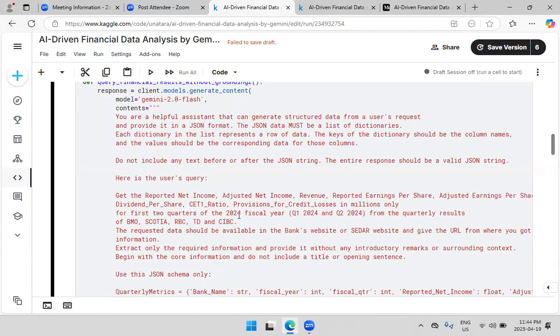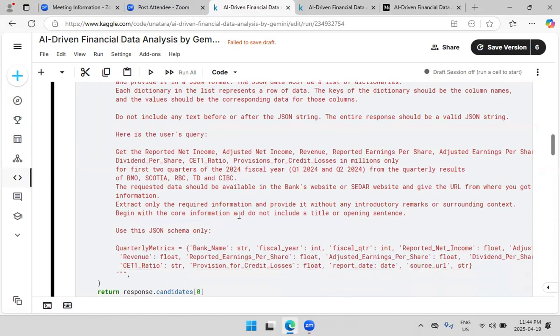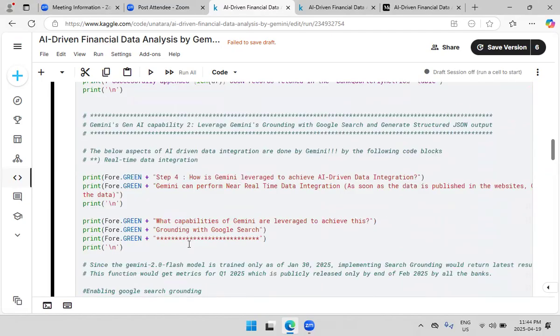The second capability we used here is the structured output capability of Gemini, which is the JSON schema, right? I am telling Gemini that the output for the prompt that you give me should be in a structured format, and it should be in JSON format, and this is the format, right? So here we have used 2 capabilities of Gemini. Now moving on,